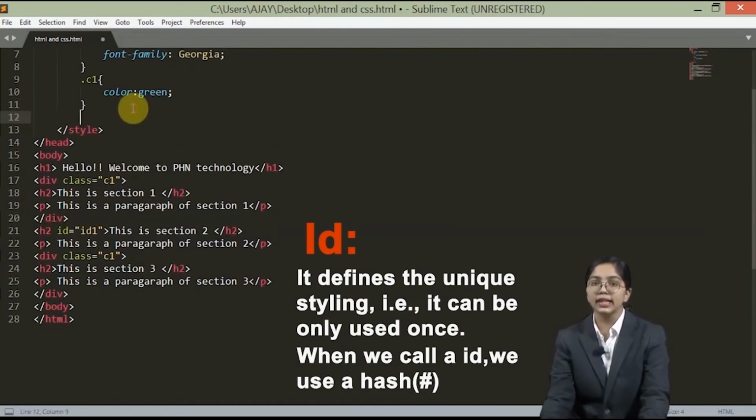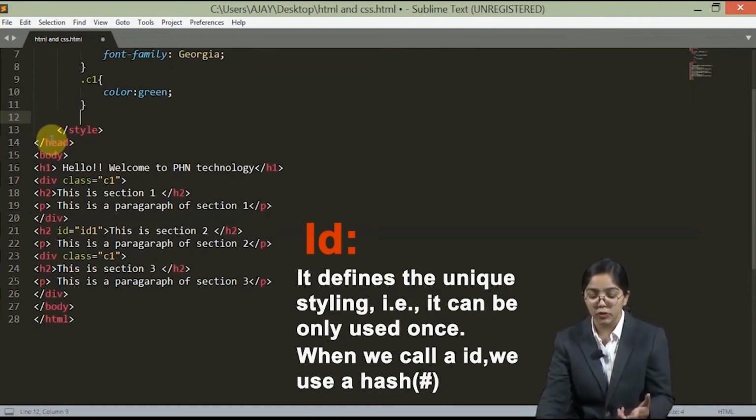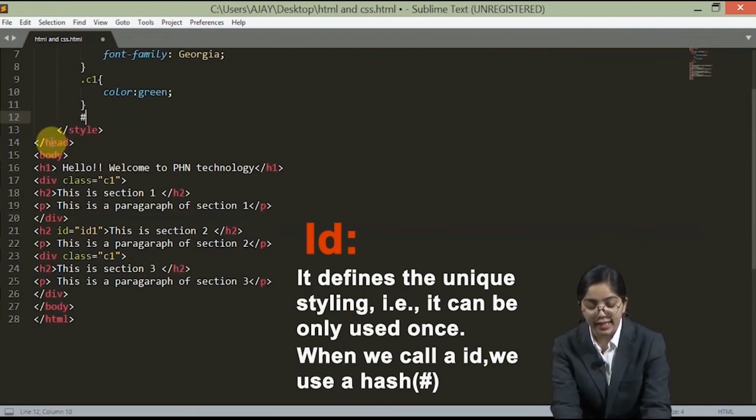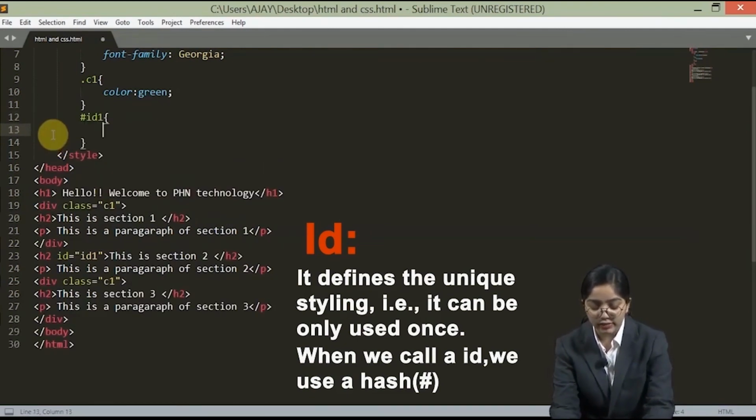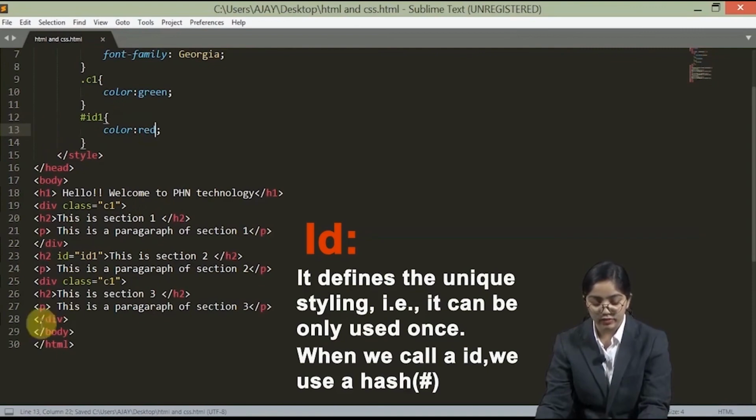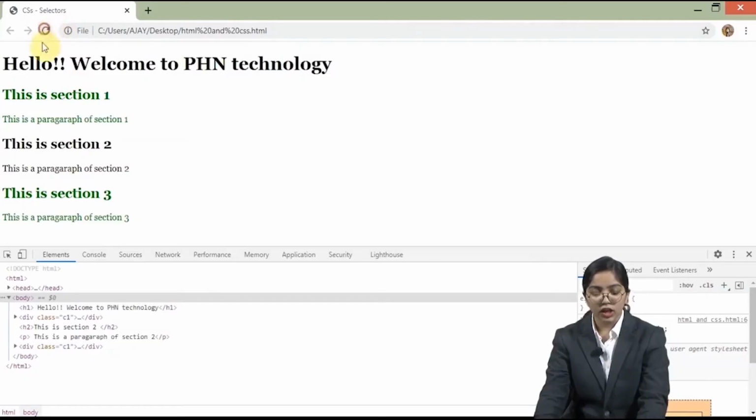Now when we call it and want to define the styling for that element, what we do is we call it by using a hash and then the ID name. And now we will give the property, okay. Let's just give color only and give it as red and save it. So now you can see that that particular element has changed.